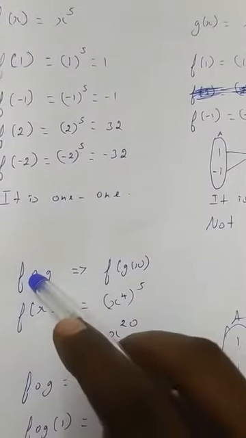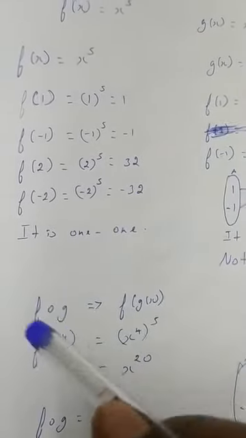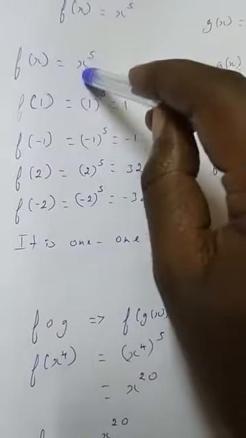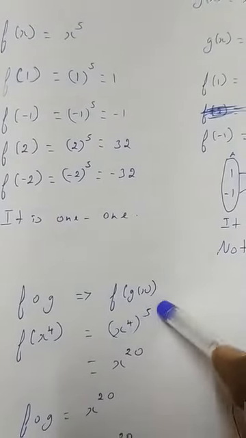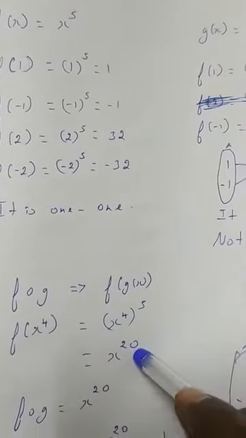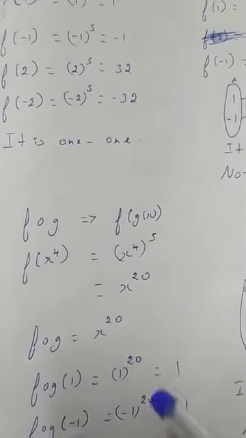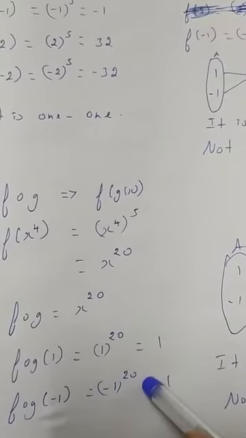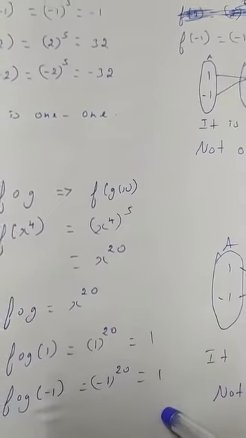Now fog. How to find fog? Fog means f of g of x. What is g(x)? x power 4. So f(x power 4) means we substitute x power 4 in the place of x in f(x). f(x) is x power 5, so in the place of x, substitute x power 4, and we have (x power 4) whole power 5. When we have power over power, we multiply the powers. 4 into 5 is 20, so x power 20. Fog is x power 20. Substitute 1: 1 power 20 is 1. Minus 1: minus 1 power 20, 20 is an even number. Even number means the answer should always be positive. So minus 1 power